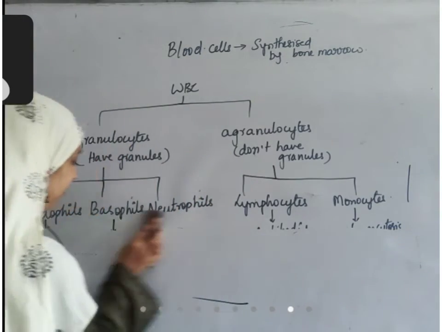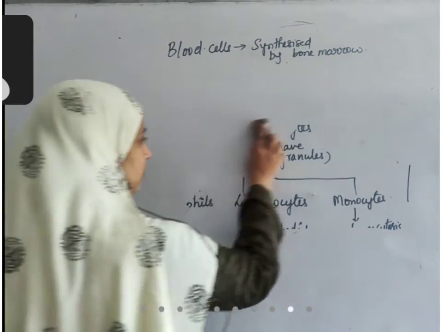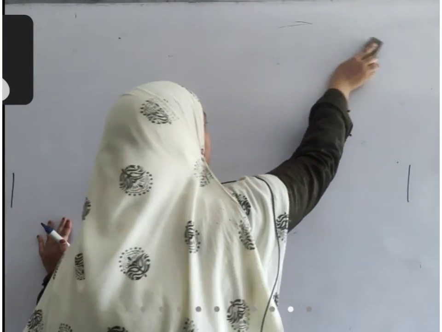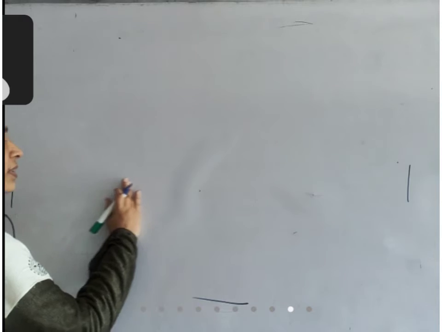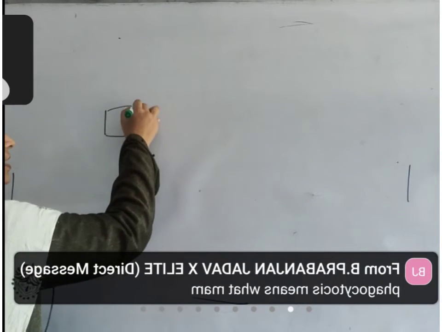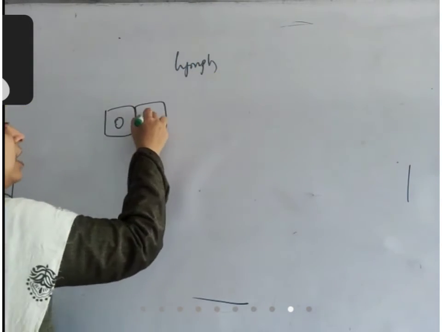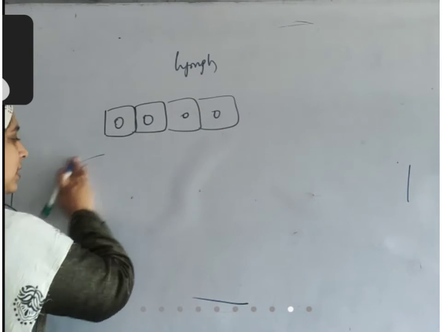Next, lymph. Lymph is another fluid connective tissue. What is the role of lymph in our body? Just like there are blood vessels that carry blood, our body has vessels that carry lymph also. What is this lymph? How is it generated? I'll tell you, listen carefully. These are our body tissues, and let us assume this is a blood vessel.